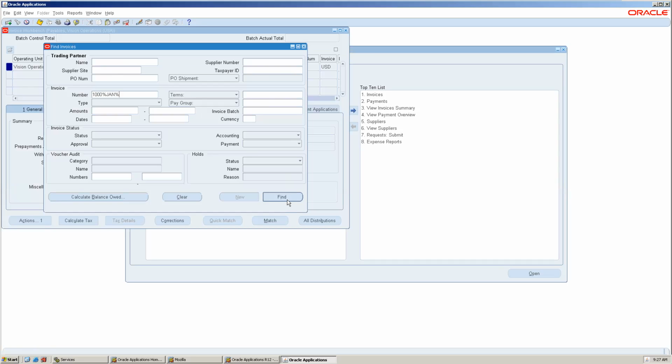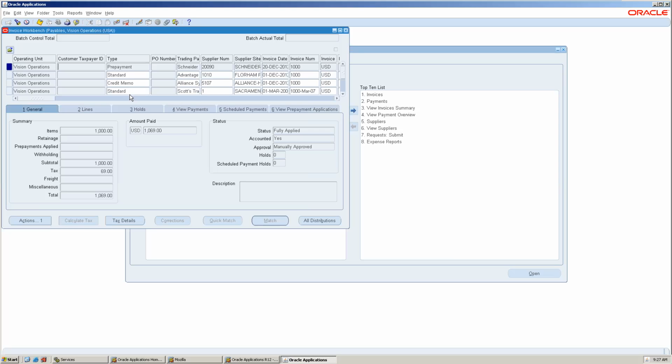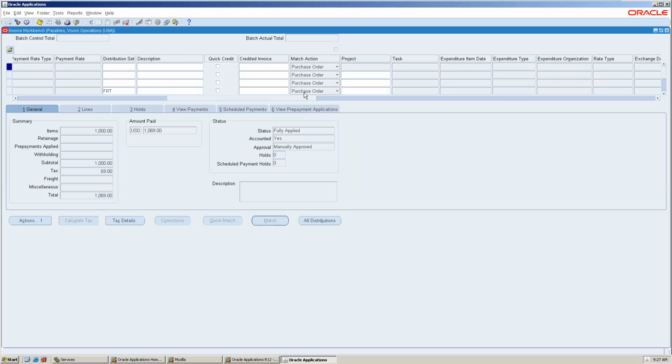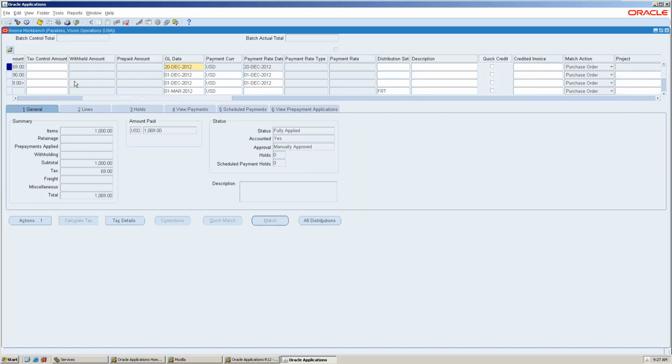I'm giving 1000%, fine. So it is asking for the supplier or something. I don't remember. I remember only this. So whatever invoice number 1000, it is coming. This one, right? It is only we created, remember, right?